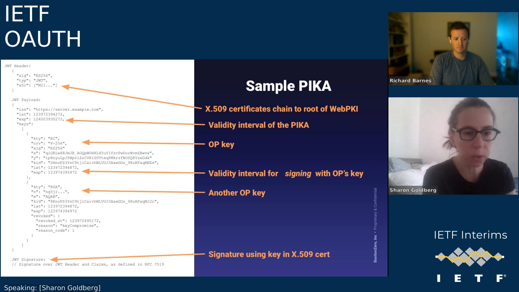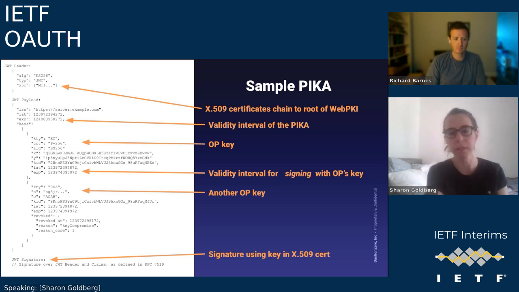And there's like one other really cool thing that actually Richard and I didn't design, but we just pulled straight out of the Federation draft. If you look at the second key, you can see it's like revoked at time, reason key compromise, reason code 1. So like we pulled that straight out of Federation. We didn't plan to put that in, but we saw it and we thought this is great because let's say you have a key that you had a PICA for and that key was okay. And then like a year later, you discovered that key had been compromised. You can reissue the PICA and say that key was compromised. And now you've basically revoked some sort of historical information. So we have that kind of for free. We got that out of the Federation draft. So that's there as well.